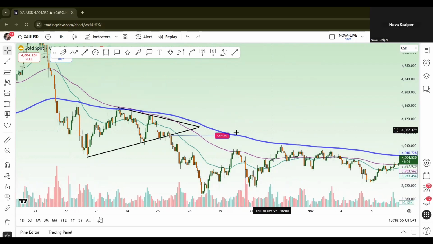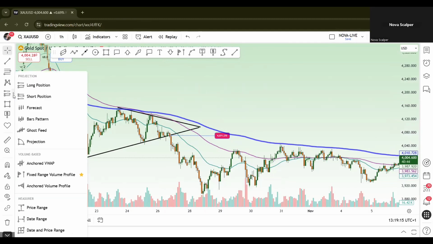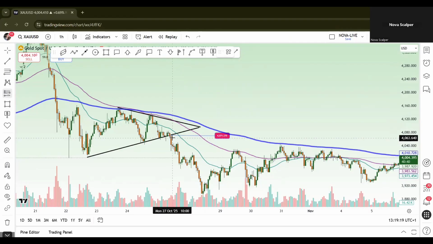All right, by identifying the triangle pattern and having the confirmation candlestick, like the powerful bearish one, you can confidently set up a scalping signal with this entry zone. Let me just draw it for you. We will choose the short position, and the open price of the next candlestick will be our